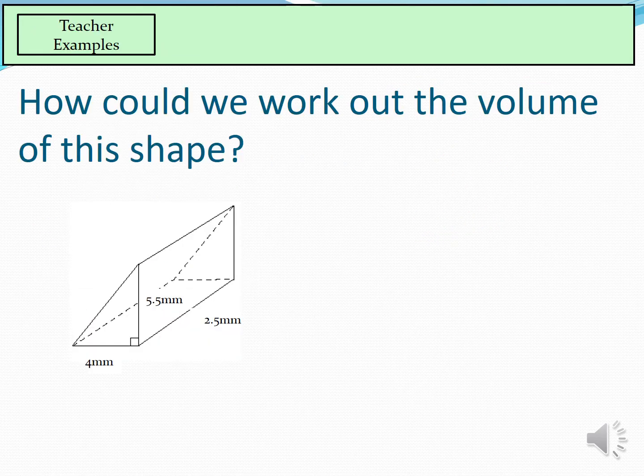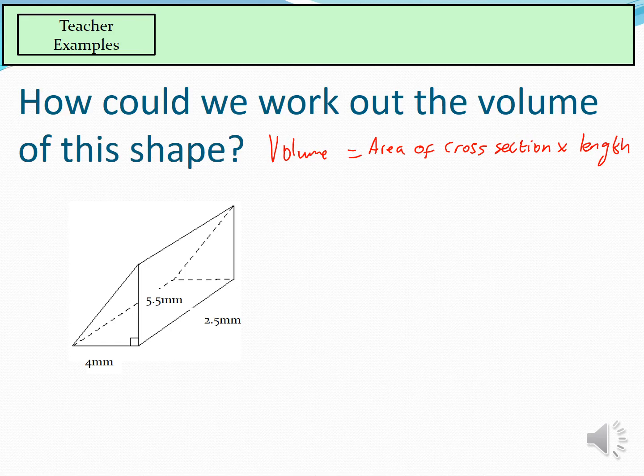Okay, so now we have a very similar question, but if you have a look, we have slightly different numbers in this question. So the process is still the same to calculate the volume of a triangular prism. However, we do have some decimals involved. So let's recap and write down what our formula for volume is. Volume equals area of cross section times by length.